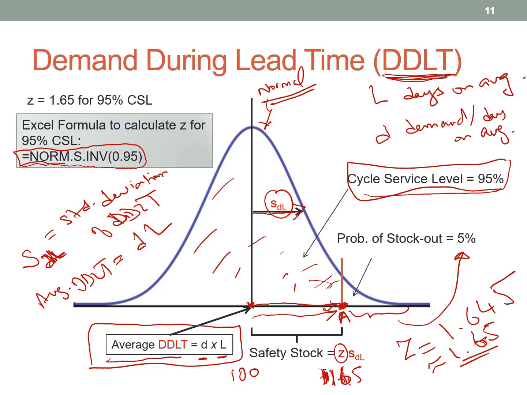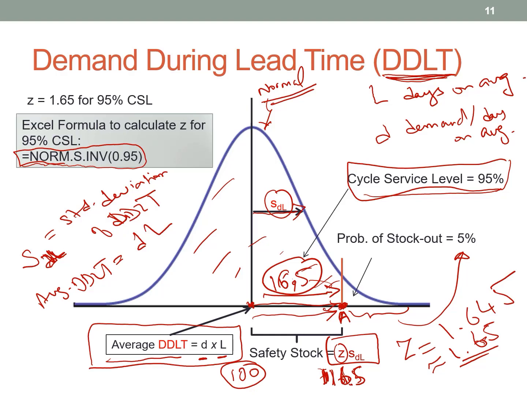So notice my safety stock is not 116.5. My safety stock is just Z times SDL, which is 16.5, because that's how much above the mean I have to go. And the reason my safety stock is only 16.5 is that this 100, the average, is taken care of